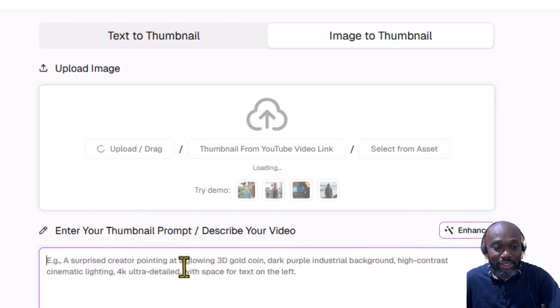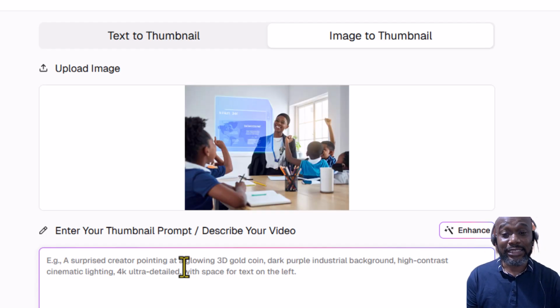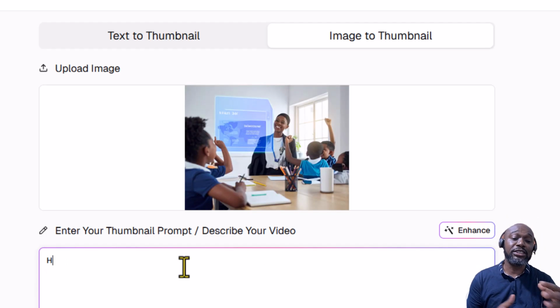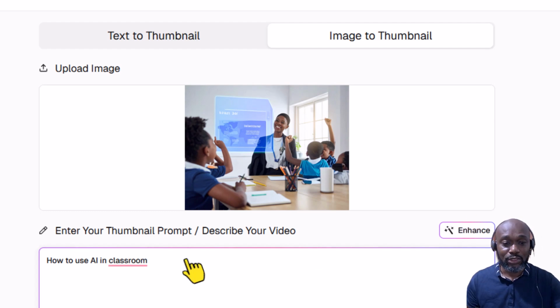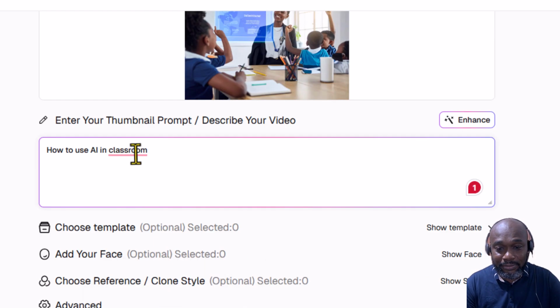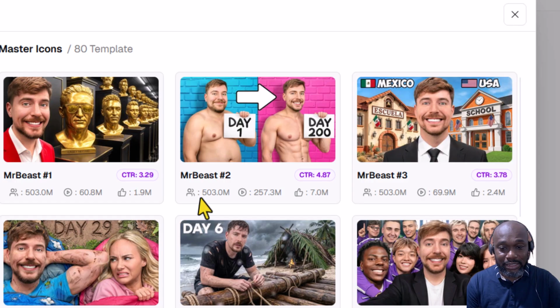I just drag and drop it there, and I come here and type the text that should be displayed on the thumbnail. How to use AI in classrooms. So I can click to enhance, but I just want it simple. Okay, so let's just make the correction there. You could select a template,